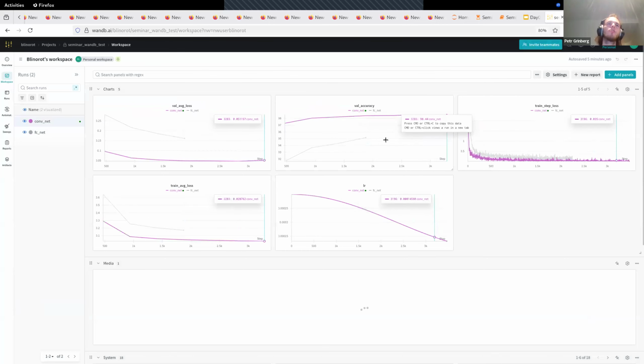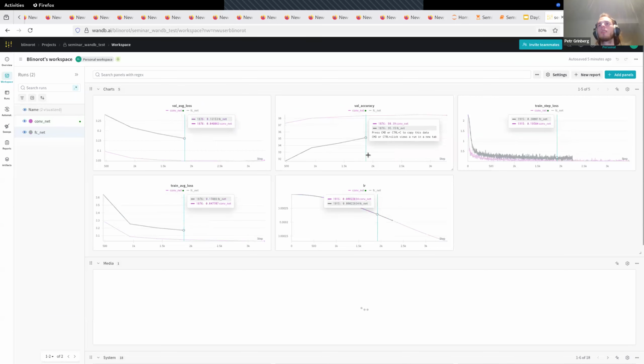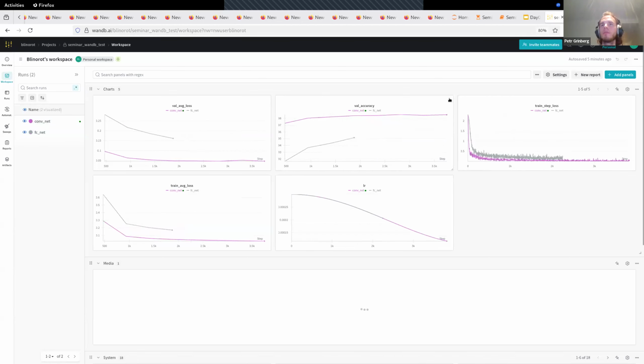There is something else you can do, but it requires more custom lines of code. However, the good thing is, if you are writing a research paper, many people just take a screenshot of W&B and put this screenshot in their paper. So this is bad. This is a bad way of doing it because it doesn't look pretty in a